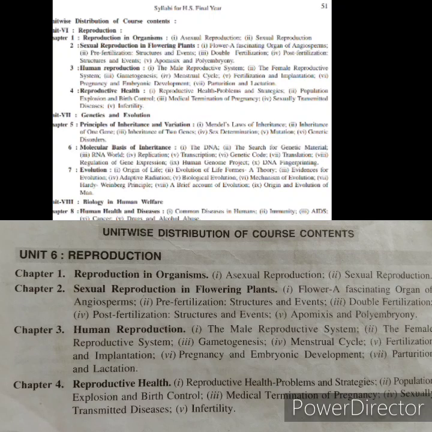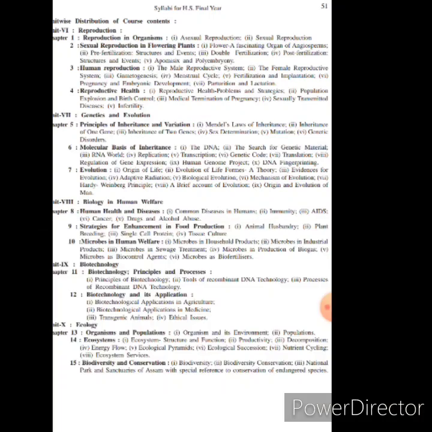Then the fertilization process is also complicated here, because here the fertilization is called double fertilization. Then the post-fertilization process, that is structures and events, I already said, is the development of seeds, fruits, etc. And the dicot embryo development is also a very important question for you, because it directly carries 5 marks for you. Then there are some irregular modes of reproduction,